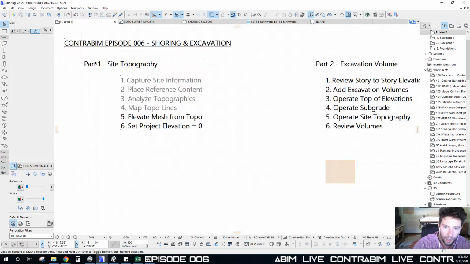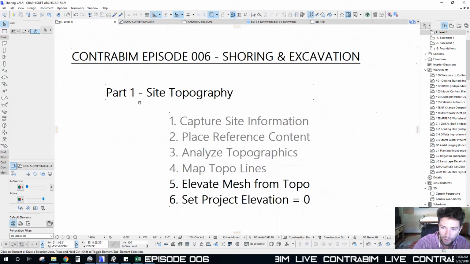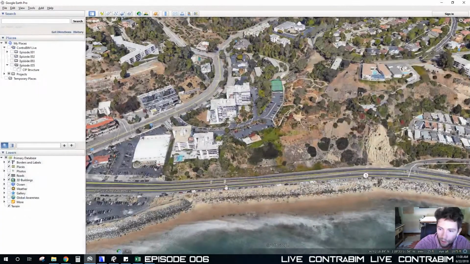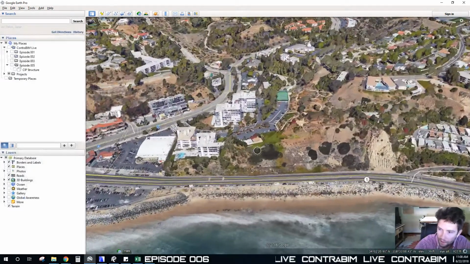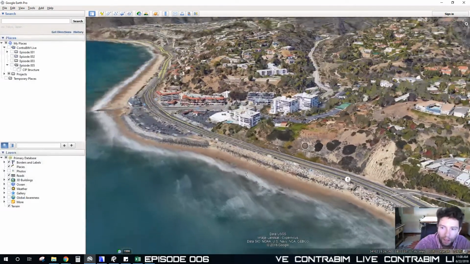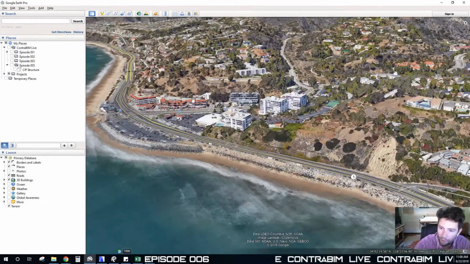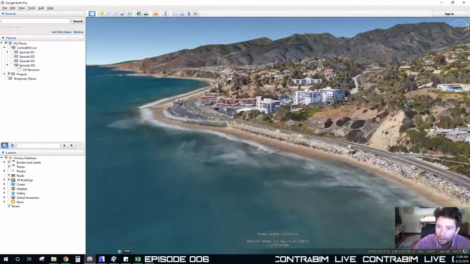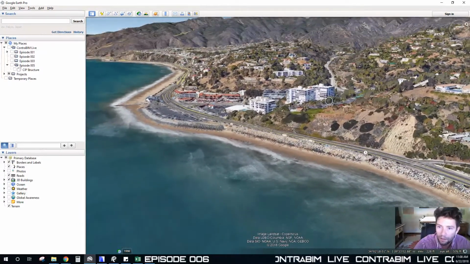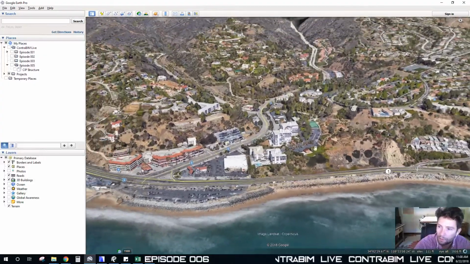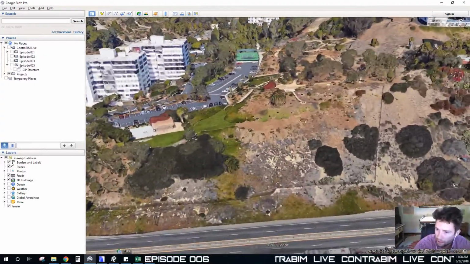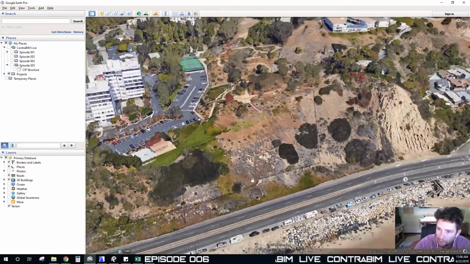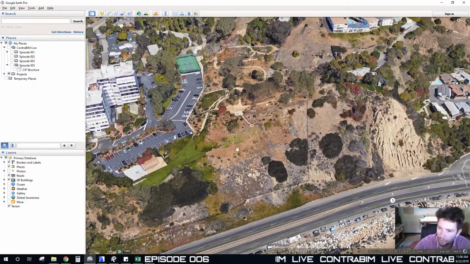So, back to part 1. For the source we're going to be using for today's tutorial, I was just flying around in Google Earth, and I wanted to pick out a site that I thought would be interesting to actually go in and perform some excavation on. So what I've done is I located a site here. This is in between Santa Monica and Malibu in California. This is probably considered the Palisades. But I was looking at just some of these cliffs right above the main PCH drag here, and I was thinking that maybe this would be a cool site just to perform some quick